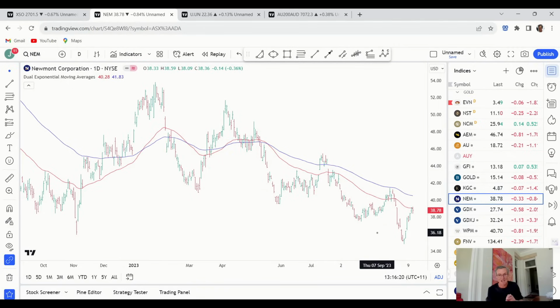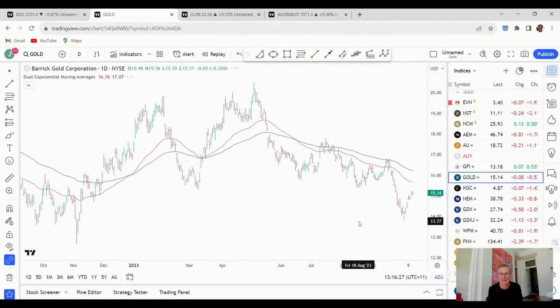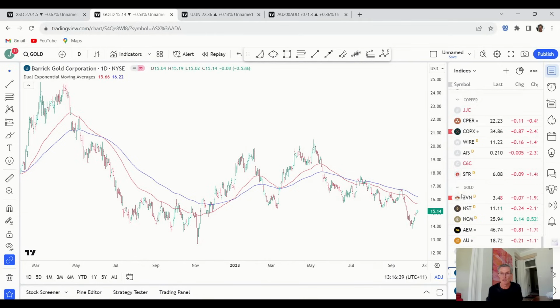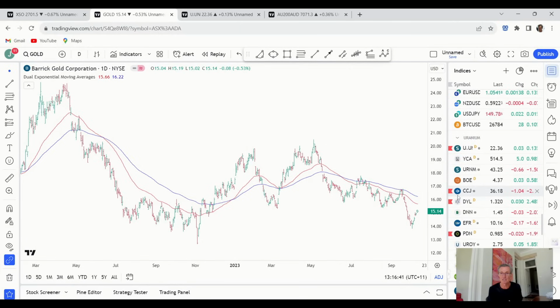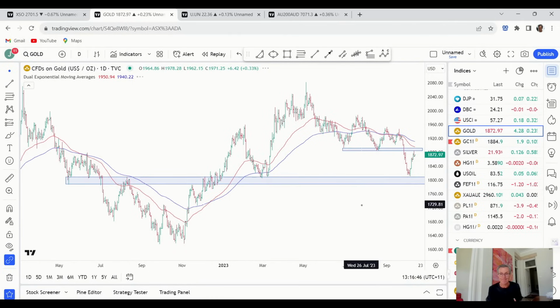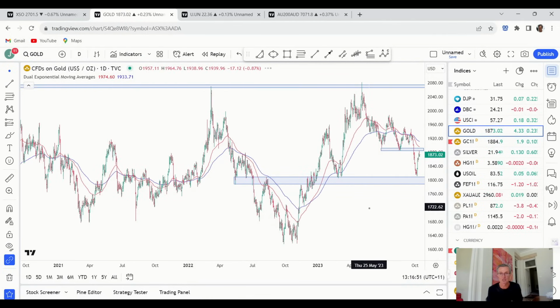So it's not an encouraging situation when you look at Newmont, and you can look at other ones. Look at a stock like Barrick, another large producer. It's the same story. These gold stocks don't look set up for a turnaround at this point. They could, at best case, take several months potentially to form some sort of low and follow what the gold price is doing and the way it's looking constructive. So some encouraging signs in gold, but we need to see those gold stocks start to do something more constructive